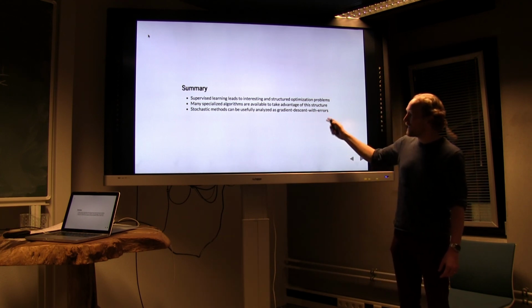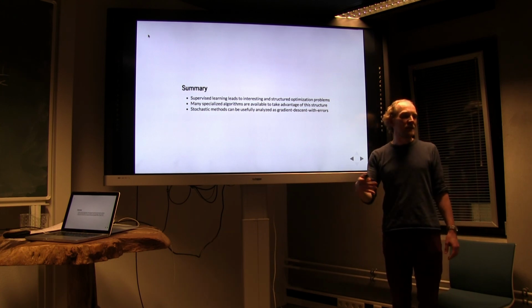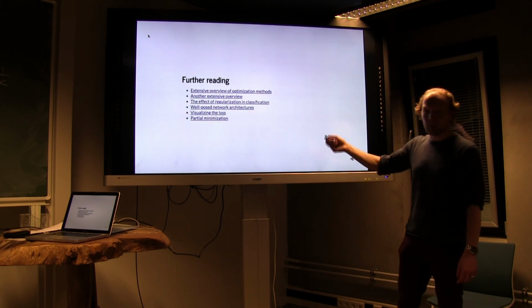And finally, the stochastic methods can be usefully analyzed as just gradient descent, where at each step you introduce an error into the gradient. Alright, so then further reading, so these slides will be available and you can